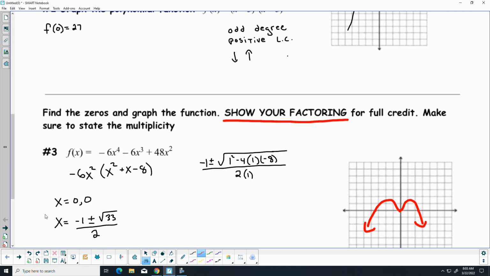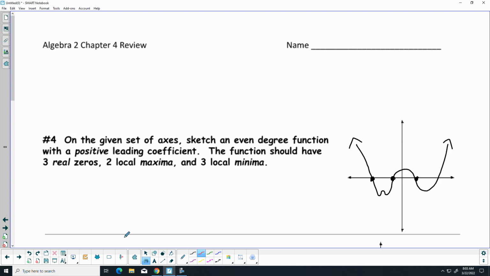So did I get all of those? Yep, next page. On the given set of axes, sketch an even degree function with a positive leading coefficient. Well, if it is even and positive, the left-hand side goes up, the right-hand side goes up. And the function should have 3 zeros,